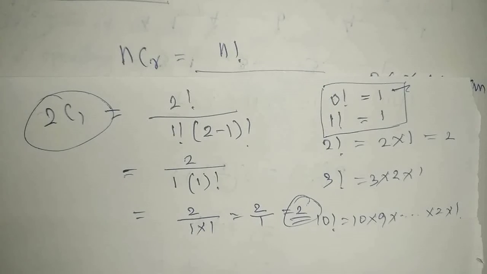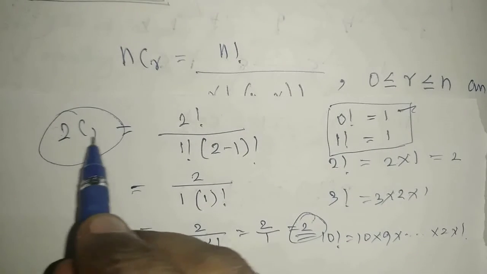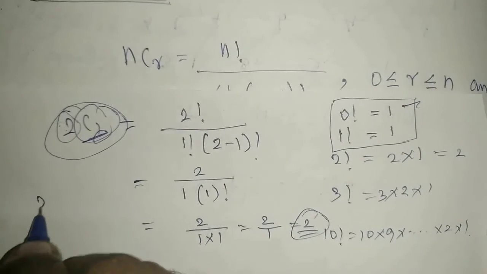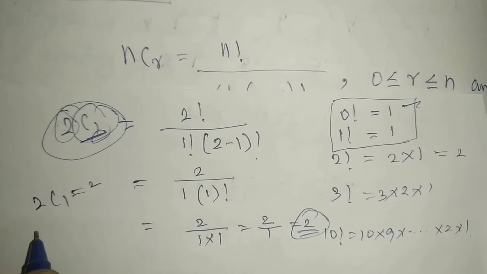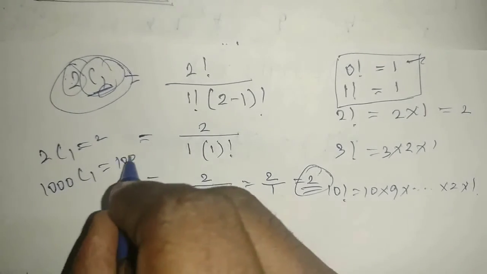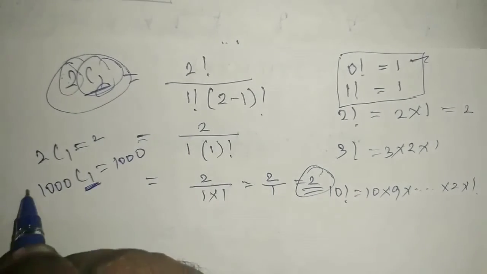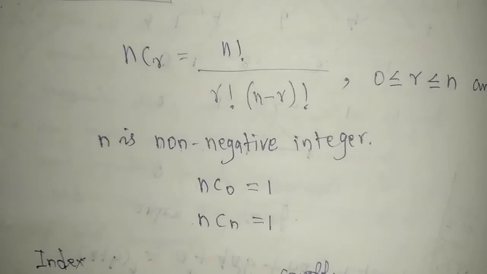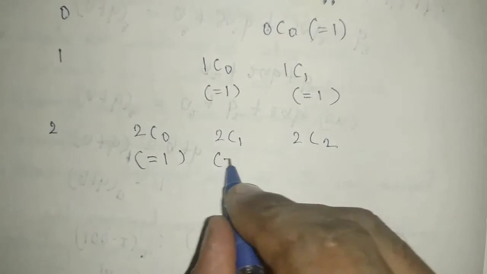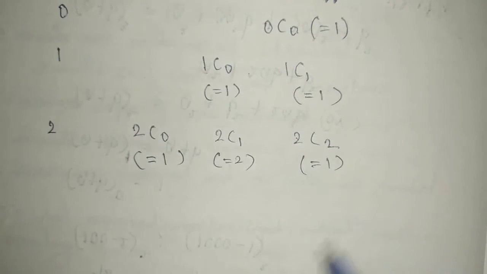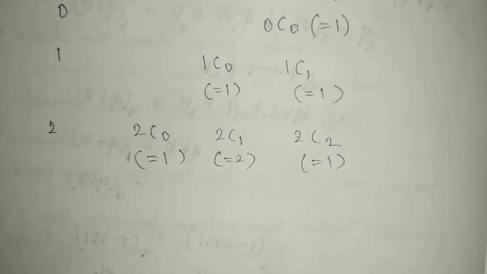So simply I am telling this, listen carefully. 2C1, if we have 1 here, you will get 2C1, that is 2. Suppose 1000C1, you will get 1000. C1 means whatever value we have, we can give simply, understand? Okay, now here we will go. So 2C1 we are getting equal to 2. So this together same, so equal to 1. Like that we will go for the long process.